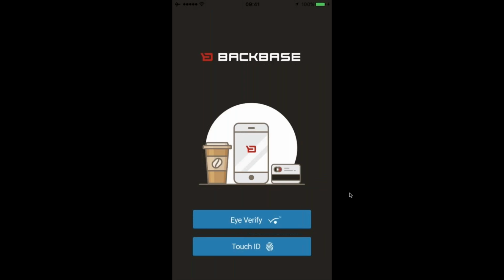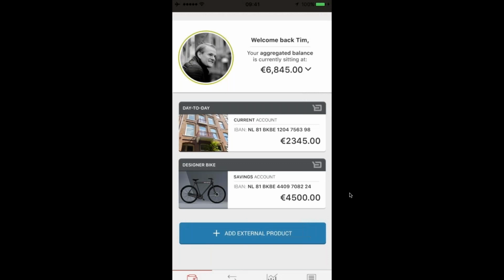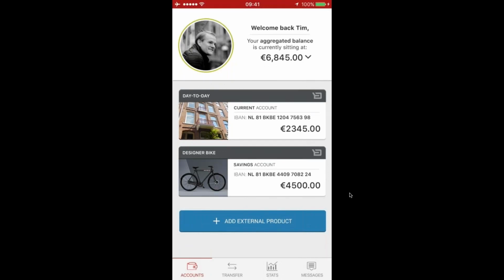Yeah, so currently you're looking at my mobile device. Indeed you are. What I'm going to do here is log in with Touch ID, and from there onwards we have access to my financial life. Now what you see here is that I have two banking accounts, one for my day-to-day and a second one for my savings goal. In this case, one of my savings goals is to buy a very expensive designer bike. Now, in the topic of engagement banking, or AI-driven banking, there will always be the baseline type of activity the customer goes through.